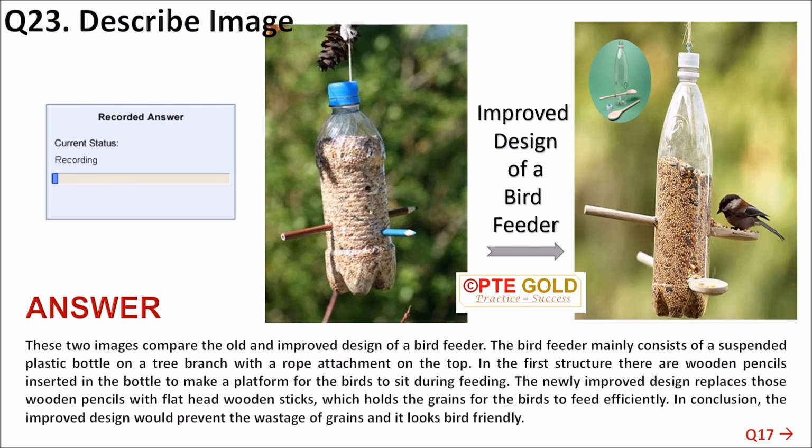These two images compare the old and improved design of a bird feeder. The bird feeder mainly consists of a suspended plastic bottle on a tree branch with a rope attachment on the top. In the first structure there are wooden pencils inserted in the bottle to make a platform for the birds